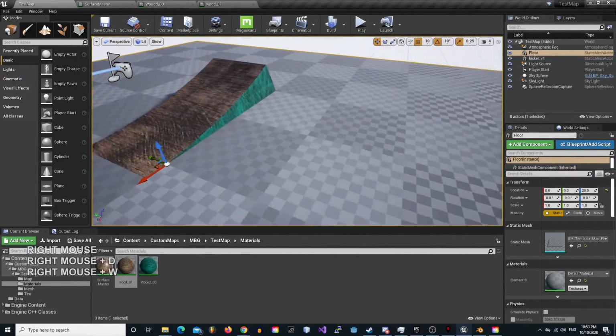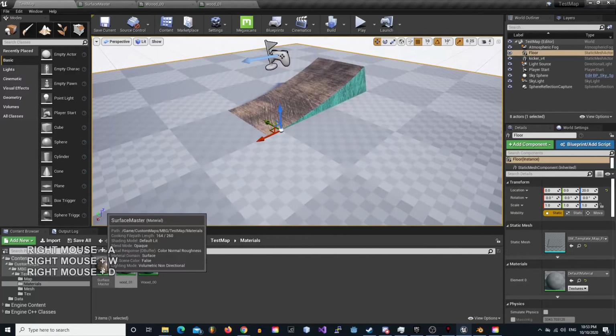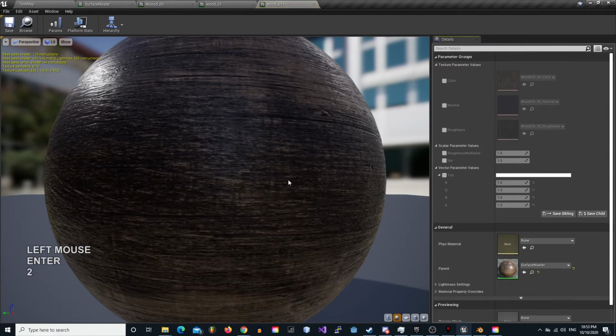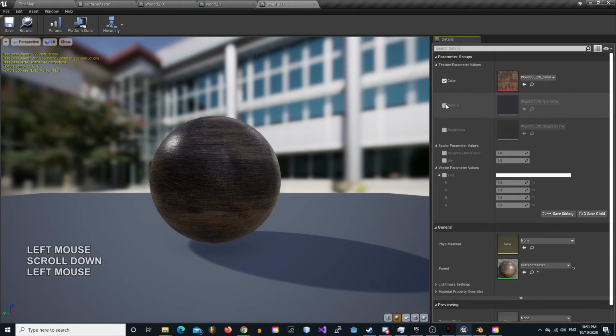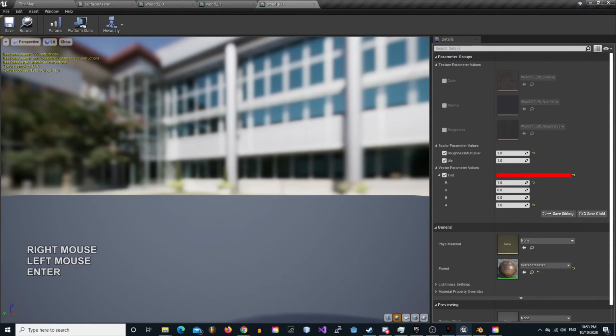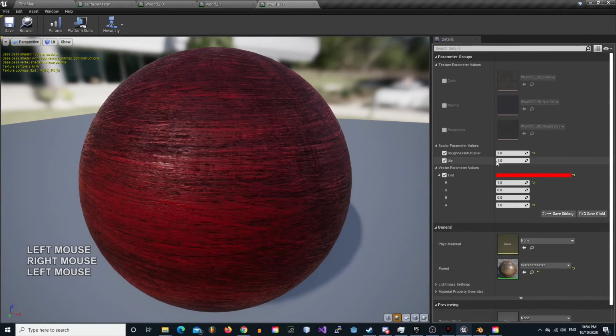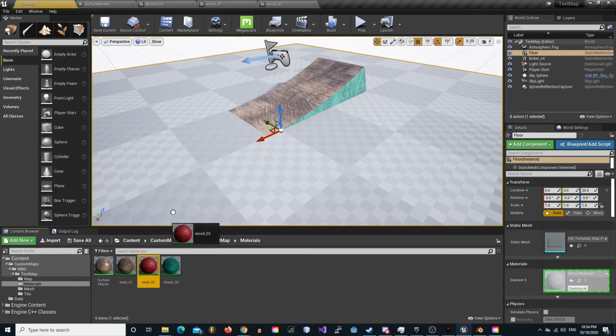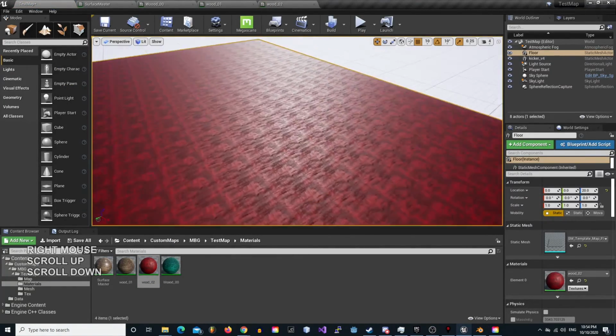One use of it can be that, let's say I want to make a new material. I'm gonna create a new instance material, create new material instance, and I call it wood_02. I'm gonna quickly go ahead and change its tint and make this red. I'm going to change its roughness scale to 3. Save this map, and I'm gonna add this to the floor, and you can see how it tiles up